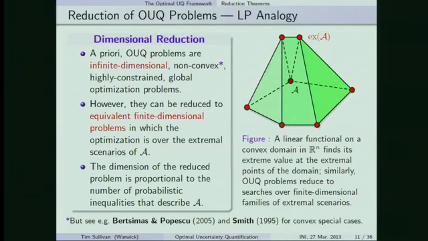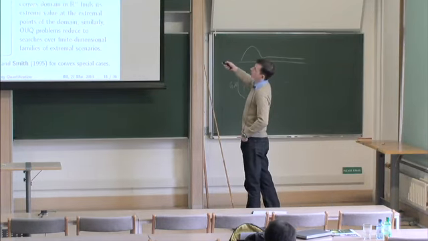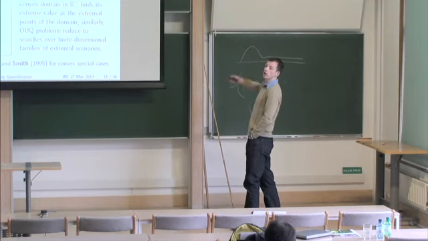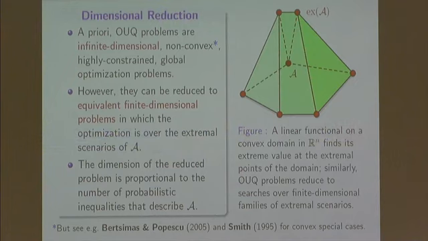And to make these optimization problems actually computable, actually tractable, there's a very strong analogy you can draw between this situation and the situation of linear programming. So if I ask you to extremize a linear functional over this polytope, you would sit down and think for a few minutes and realize that the extreme value must be found at one of the extreme points of the polytope. And something very similar is true for these uncertainty quantification optimization problems, that you basically go to the extreme points of this set of scenarios A.